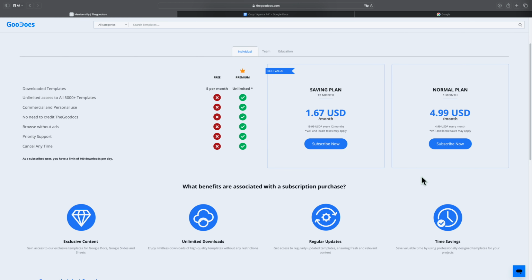Now, let's talk about our new membership. We offer free access to 5 templates every month. If you want to access all our templates without limitations, as well as other exclusive features, you can purchase a membership on our website. We have 2 subscription plans: Savings Plan, duration 12 months, price $20. Standard plan, duration 1 month,